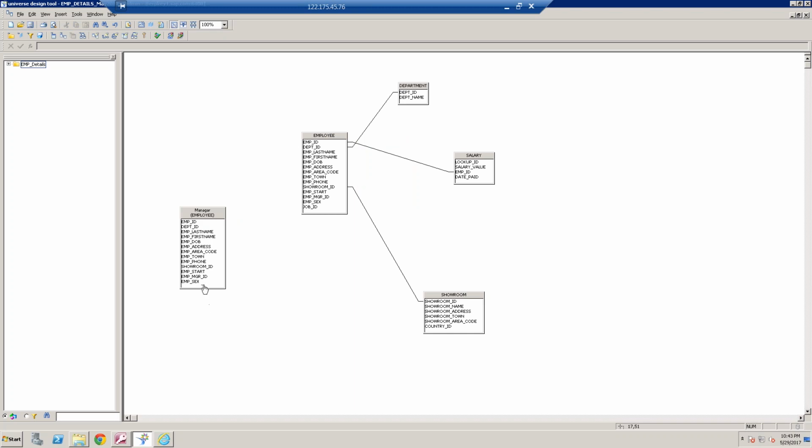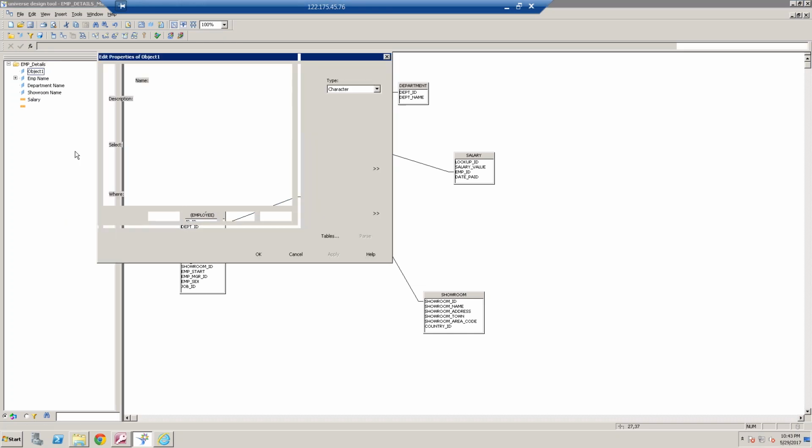How can you join this employee table to the manager? Simple. The manager is also one of the employees, right? So join the employee table with the manager ID to the employee ID. I'm just finding who has this ID in the manager's table. Okay. Fine. Now I'm trying to create one more object